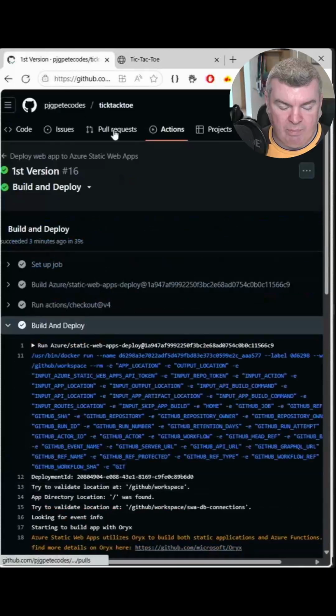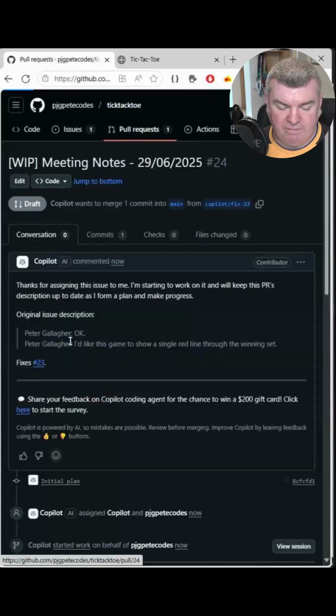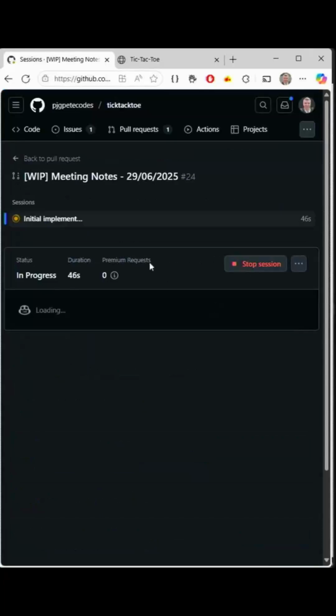We go to pull requests. We'll see here now that we've got a pull request in process. So thank you for assigning this issue to me. I'm starting to work on it, and I'll let you know how it's getting on. So we can see here Peter Gallagher said, I'd like this game to show a single red line through the winning set. So if we scroll down, we can see that there's a session in progress here, and